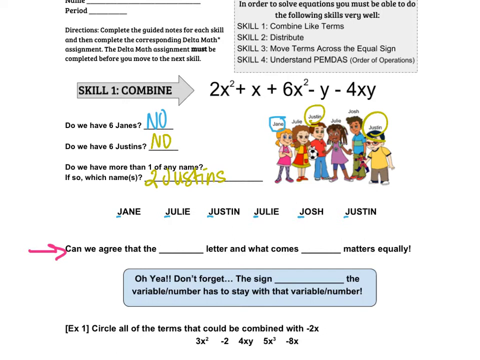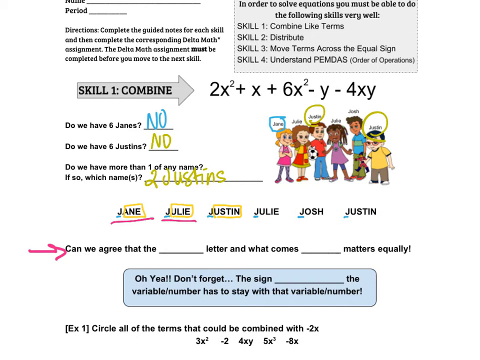It's what comes after it matters equally as much. So yes, it's important that this Jane starts with a J, but I also have other stuff behind it that doesn't look like the same things that's behind the J in Julie or the same thing that's behind the J in Justin. And so in real life, we understand if I have the name Jane, I can't combine that with